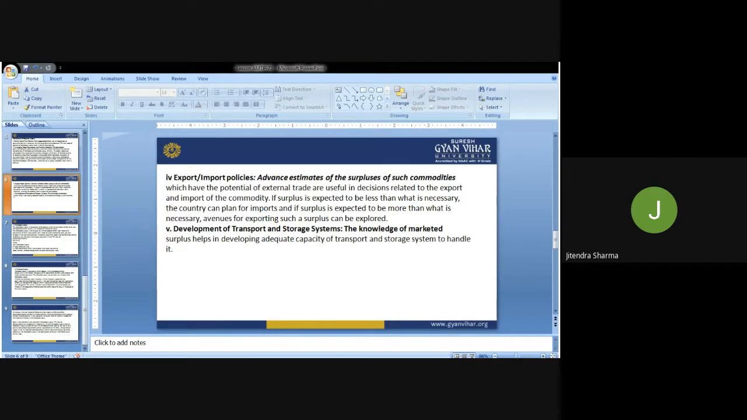If surplus is expected to be less than what is necessary, the country can have a plan for import. And if surplus is expected to be more, then it is necessary that the avenue of exporting such surplus be available, because that can only be decided when we have an idea of how much we have in our hand. So that is why the understanding and knowledge of production surplus of each commodity